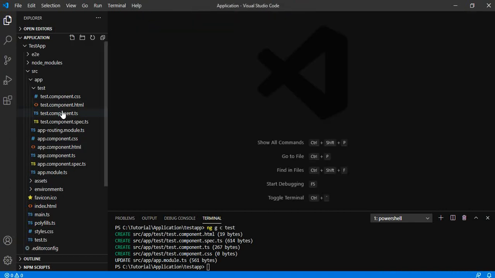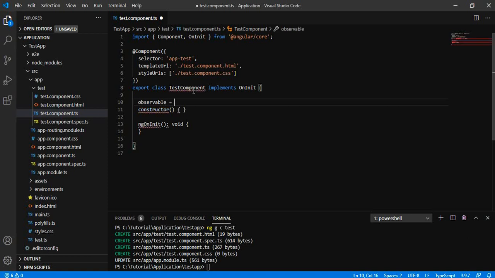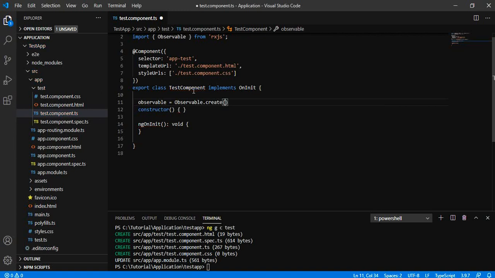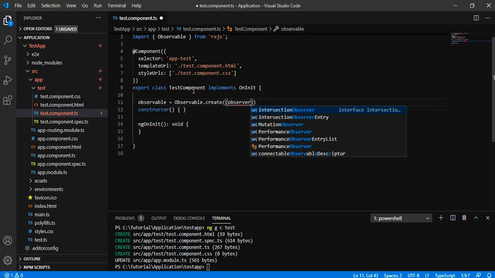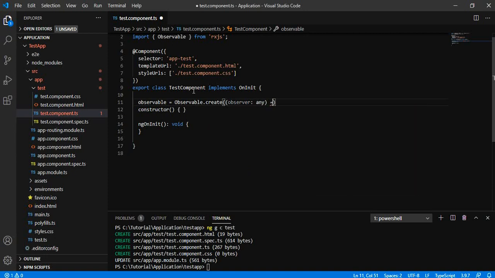We will do nothing but add an observable with the help of the observable.create method, and after that we will be adding one subscriber to another. Let me create the observable, and after that we will try to send some value with the help of next.